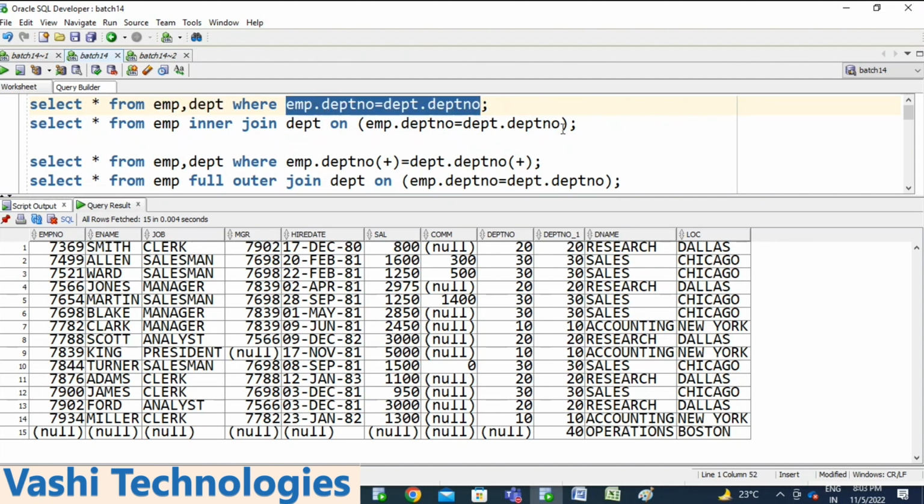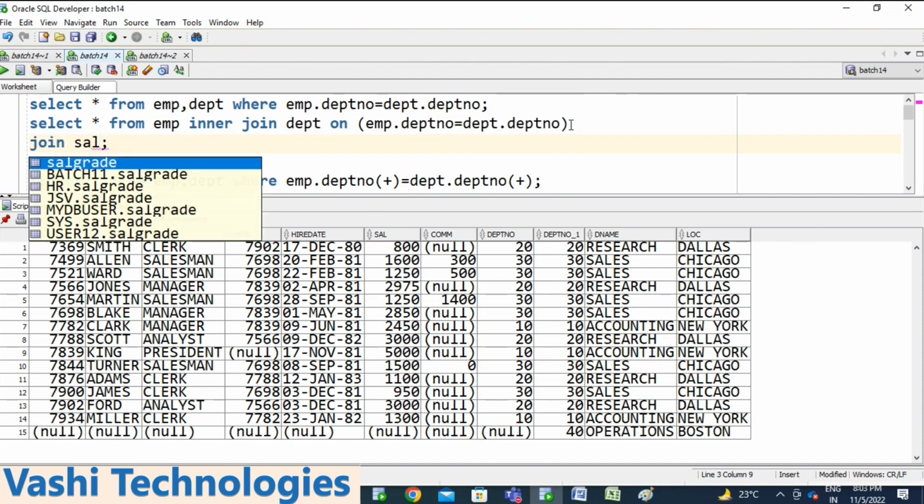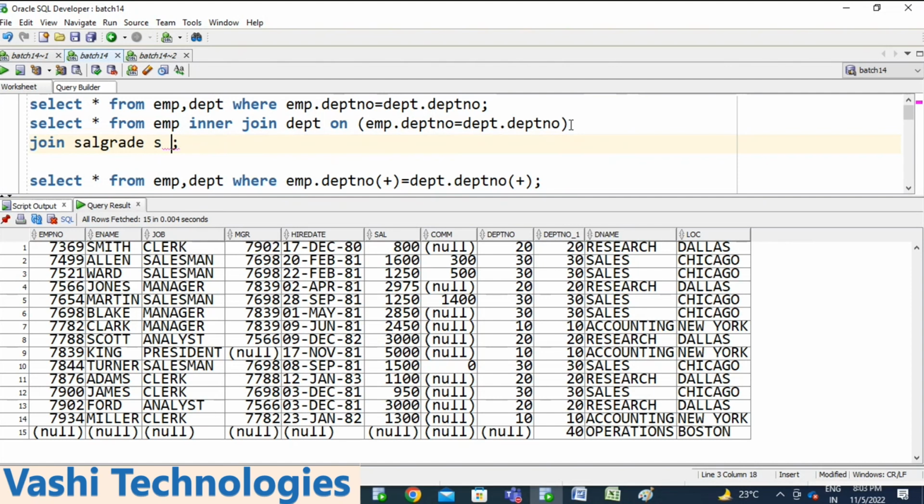If you are trying to retrieve with more than two tables, now I'm mentioning salgrade as S and mentioning the join as emp.sal is greater than or equal to losal, or between. I'm going directly with the between.